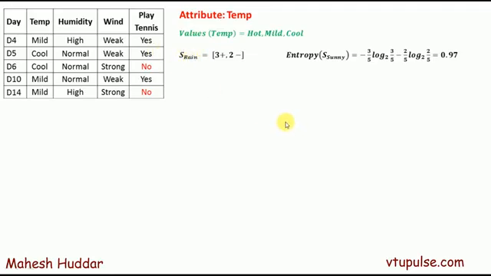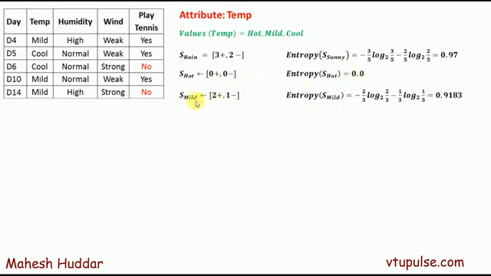Whenever outlook is equivalent to rain, we have this particular data set. There are 3 positive examples and 2 negative. So the entropy of the entire data set is equivalent to 0.97 here. Now the entropy of hot is equivalent to 0. The reason is very simple. We don't have any hot examples here, so 0 positive, 0 negative. Actually, whenever we have an equal number of positive and negative examples, we should write 1.0. There is one exception: whenever we have 0 positive and 0 negative examples, we write 0.0 as the entropy.